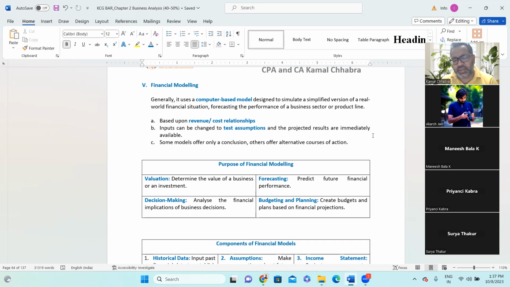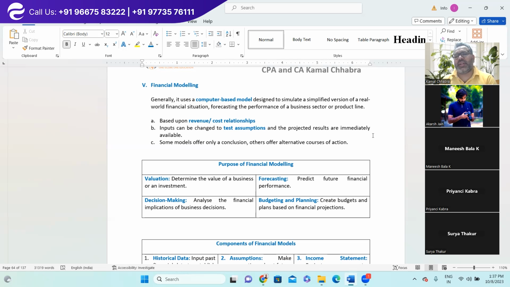If a company is estimating a 10% increment in the payroll cost year over year, and instead of 10% they consider 12% or 8%, what will be the impact on the provision for employee benefit? That is called sensitivity analysis. Make sense? Yes, sir. So the B point says input can be changed to test the assumption, and projected results